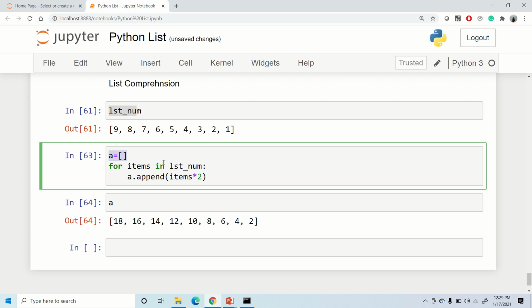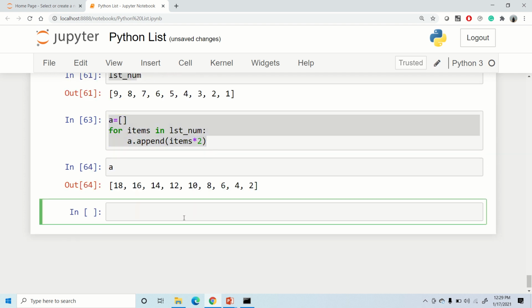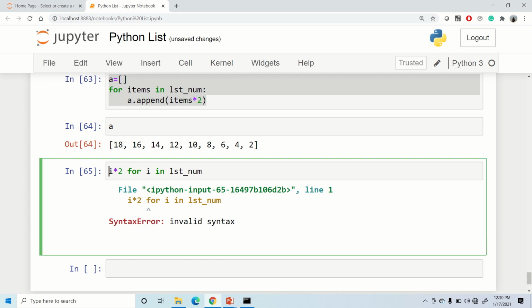But this entire code can be replaced in just one line. I can just say i for i in the list, which is lst num, I can say i into 2 because I want to multiply all the elements by 2, and that would provide me the result. In order to store this in a list variable, I'll have to make use of list brackets here.